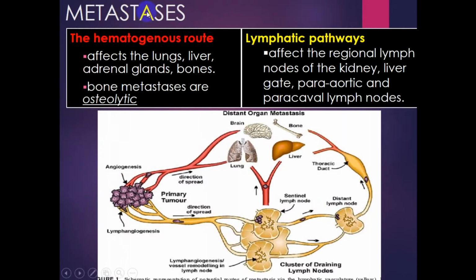Metastases can be different. They can spread in our organism by hematogenous and lymphatic pathways. In the first one, such organs as lungs, liver, adrenal glands, and bones are affected. Bone metastases are osteolytic. As I said before, bone pain can appear in case of metastasis, because osteoclasts destroy the substance of the bone, so movements are painful and people can detect it by themselves. So here you can see a scheme